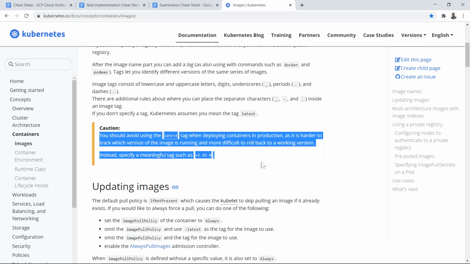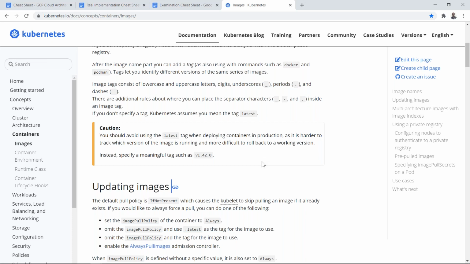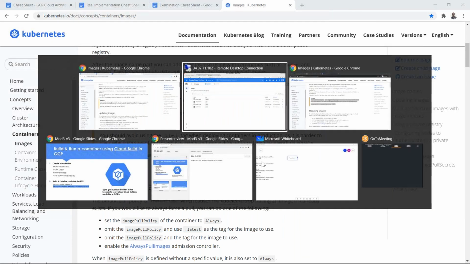Prefer to use a version. And I would say if you're coming from the software development lifecycle, agile, all this kind of stuff, this version should be something that is there in your source code. Usually the developers create a new version, and this image version should be in sync with it. That's going to be the ultimate option, I would say. Okay, so now what we will do is